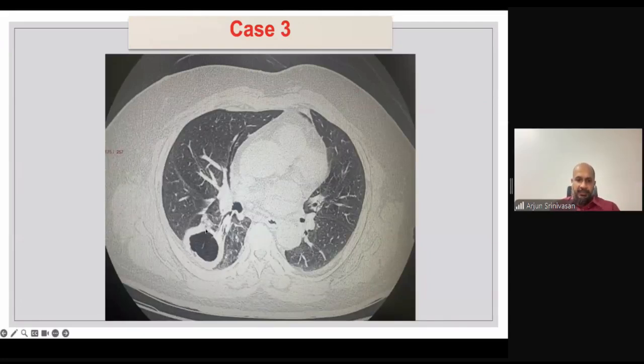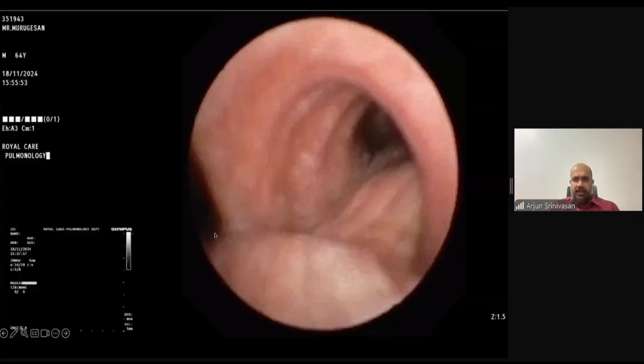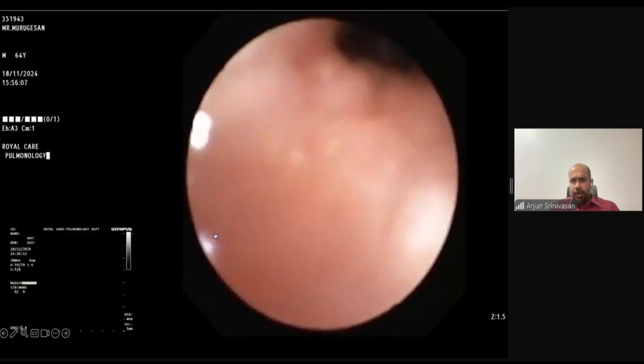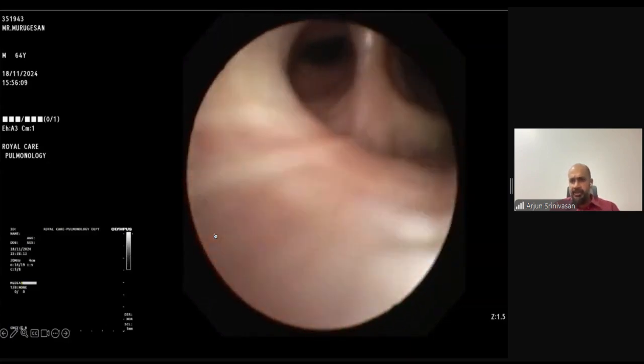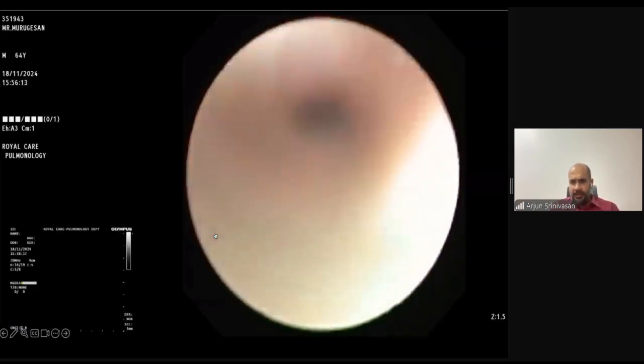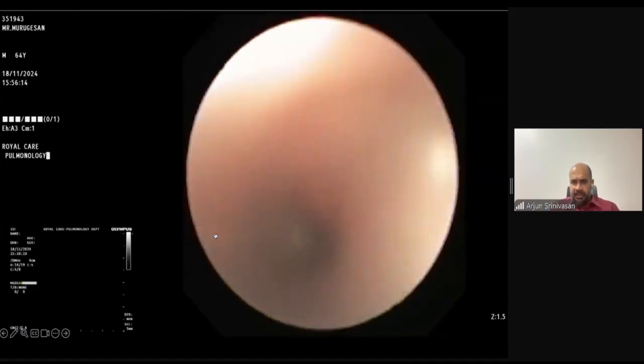You can see a very thick walled cavity in the sixth segment of the right lower lobe. You can also see the bronchus, which is leading right onto this. And this is bronchoscopy. You're entering the sixth segment, and you can see that there is telltale evidence of purulent secretions, necrosis,